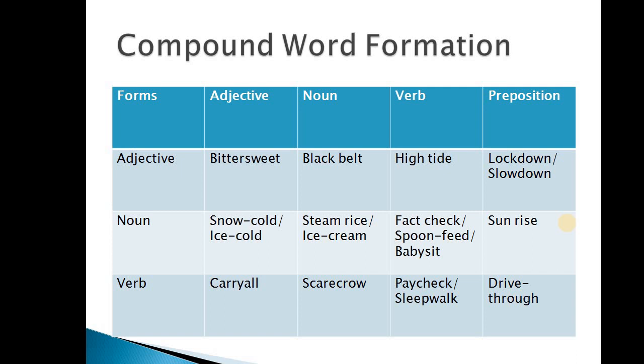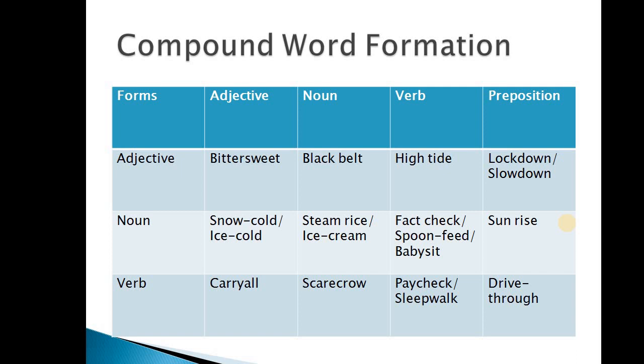So now the first one, adjective with adjective. Two adjectives will create a compound word. So in the second column you can see adjective plus adjective, bittersweet, two adjectives, a compound word. Adjective plus noun, black belt, adjective is black, noun is belt, black belt. Adjective plus verb, high tide. Adjective plus preposition, have you heard lockdown or slow down? Okay,